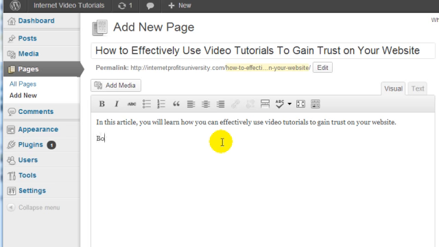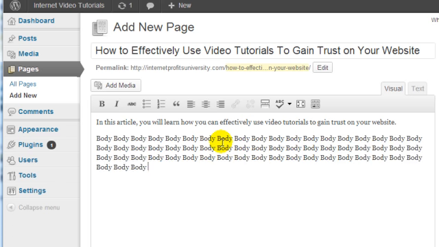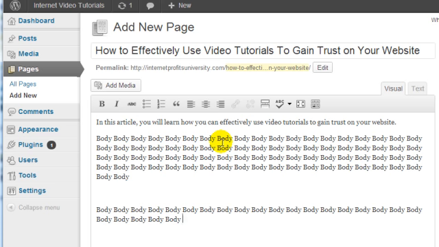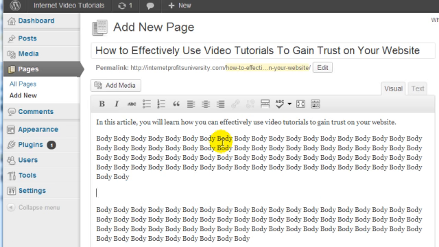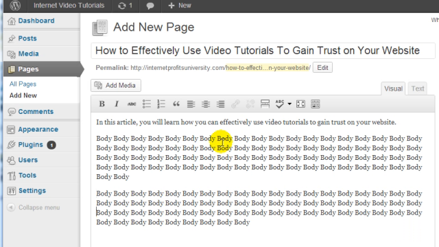And then you want to have the body, and I'm showing you this for search engine optimization purposes. Somewhere in the middle you might want to have the keyword, and then of course at the very end you can say something like,